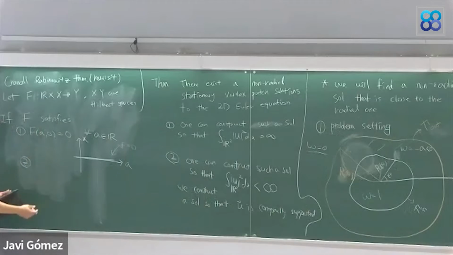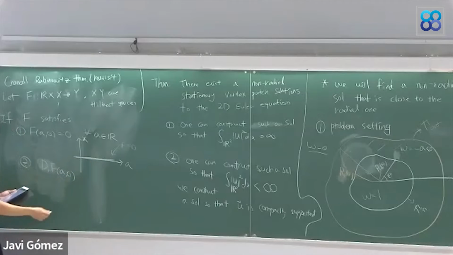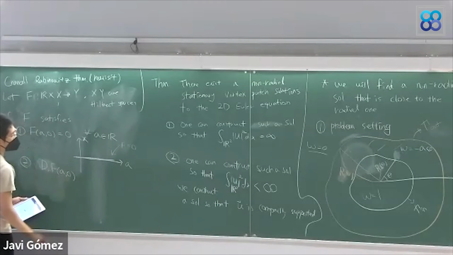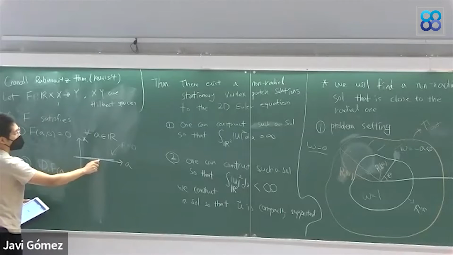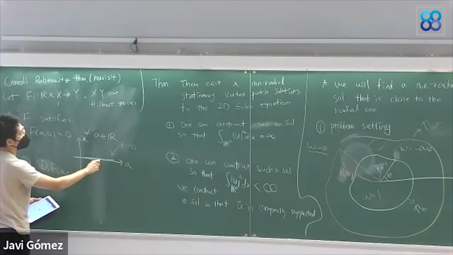And the second condition that we need is that we look at the derivative with respect to the variable in space X. So we differentiate the functional with respect to the function variable that we are using there, and we look at this derivative at a point on this trivial solution curve. If the derivative is an isomorphism, then the implicit function theorem says that there is a unique curve that corresponds to the level set. So in this case, if it's an isomorphism at this point, then we cannot have a bifurcation, because we already have a curve here, and the implicit function theorem says that this curve is the only solution curve around this point. So we shouldn't have